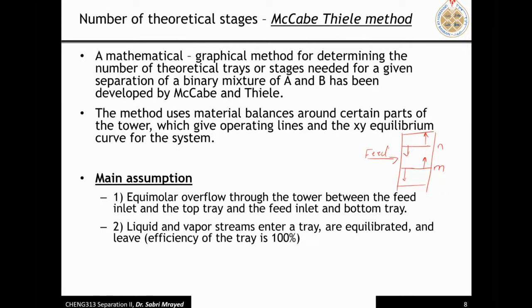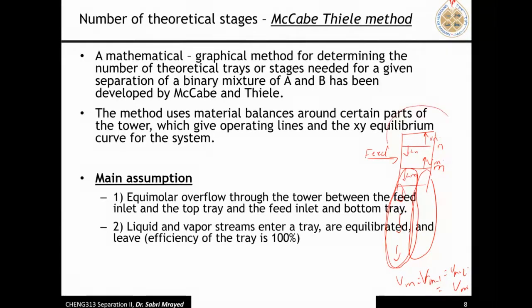That's fine. So the liquid leaving that stage will be called Ln, and the vapor is going to be Vn. Again here, Vm and Lm. This assumption says that the liquid flow in each stage will be almost the same. The flow rate will not change that much, which in fact it does. But for this analysis, McCabe said this is going to be assumed constant. It doesn't change that much. And also the vapor here, Vm minus 1 and Vm minus 2 are equal to Vm. So the vapor flow and the liquid flow rate in the bottom section are constant,